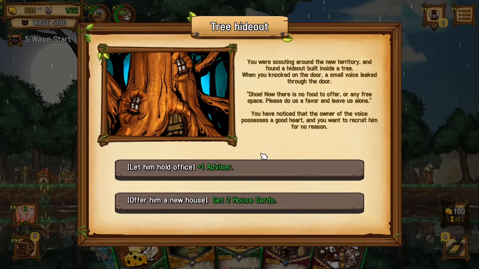So here's another thing. You were scouting around your new territory and found a hideout built inside a tree. When you knocked on the door, a small voice leaked to the door. Shoo, now there's no food to offer or any free space. Please do us a favor and leave us alone. You have noticed that the owner of the voice possesses a good heart, and you want to recruit him for